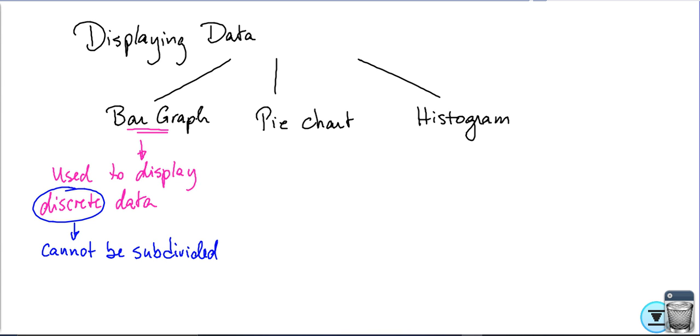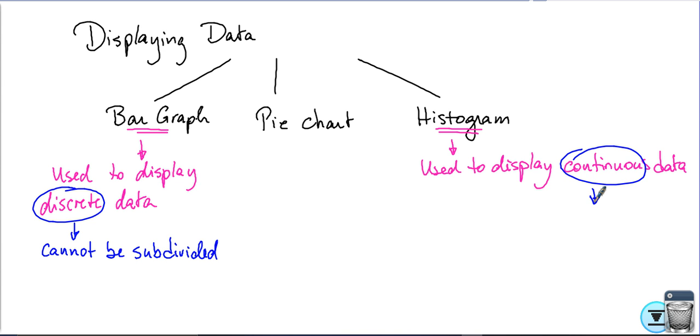The histogram, on the other hand, is used to display continuous data. Now, continuous data is data which can be subdivided. For example, we're talking about weight, height, time, money. Many times these are displayed in the form of histograms, while we can use pie charts for any form of